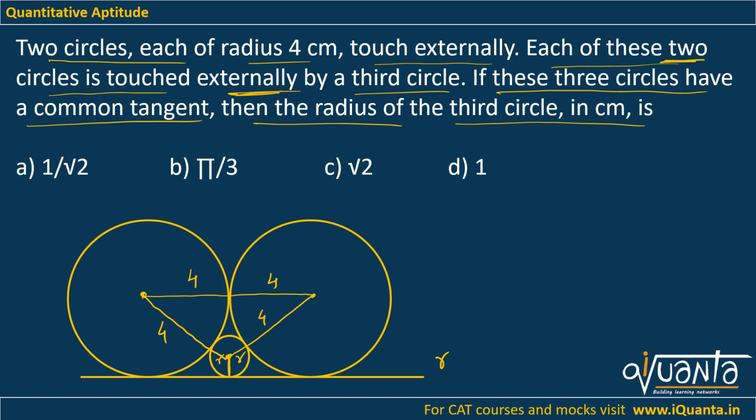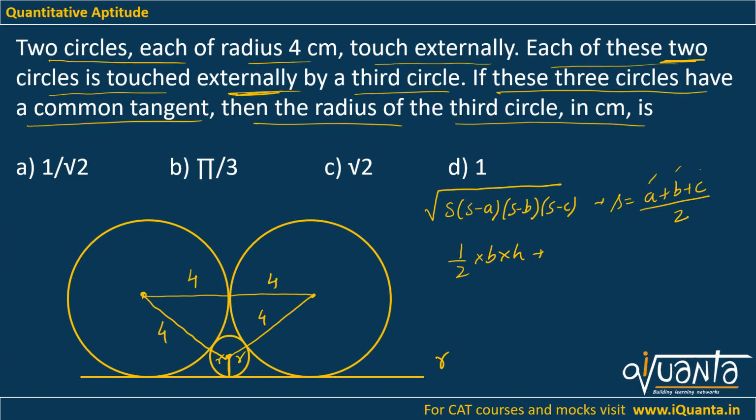We know that there are 2-3 formulas to find the area of a triangle. One of them is Heron's formula. I hope you are familiar with it. It is the square root of s(s minus a)(s minus b)(s minus c). This is when I have all three sides of the triangle, and s here is nothing but the semi-perimeter, which is (a plus b plus c) by 2. a, b, c are the sides of the triangle. One of the formulas is half base into height. This is when I have the base and height of the triangle. This is another formula for the area. Another formula is half ab sine C. What is this formula?